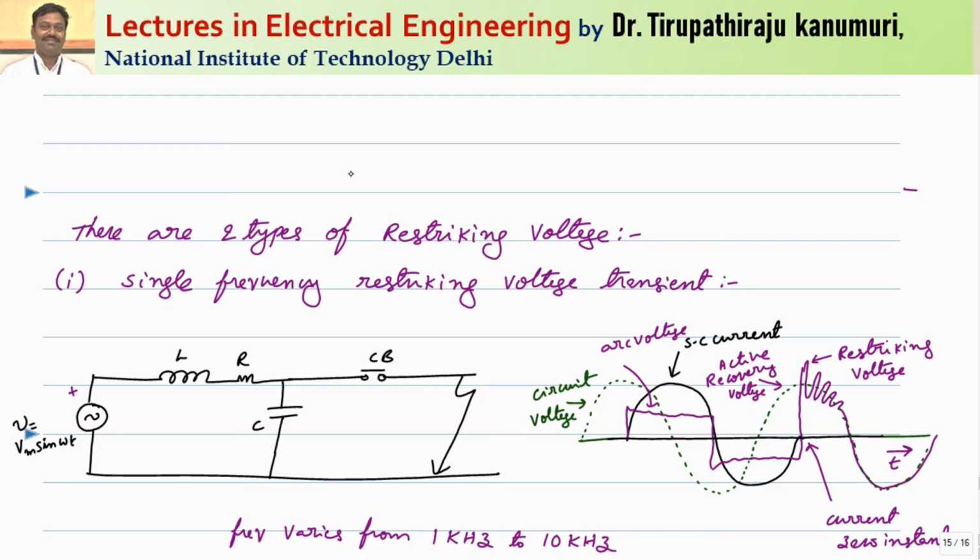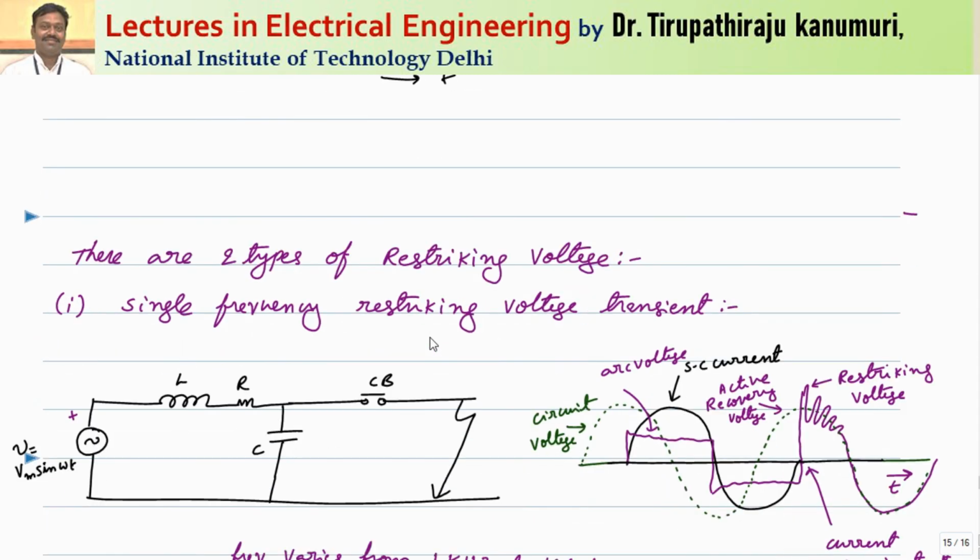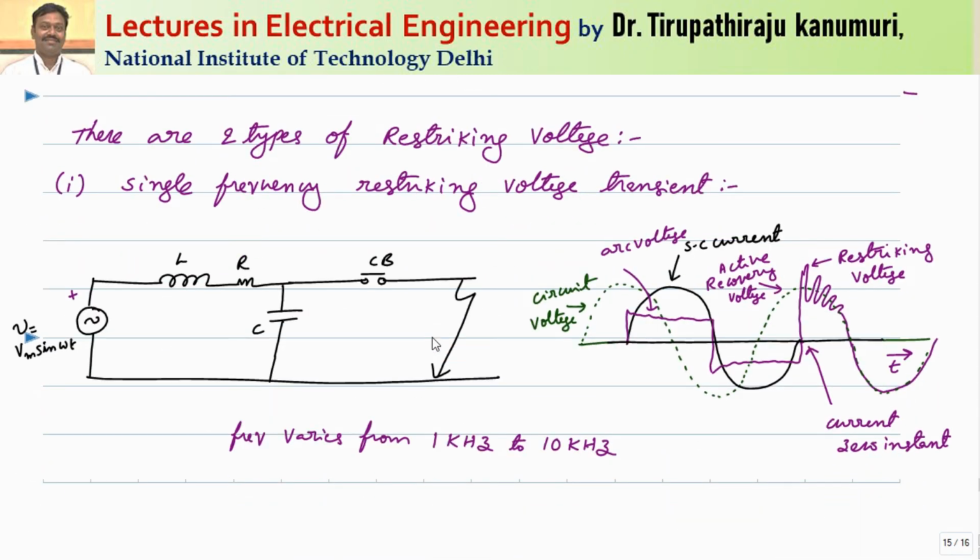Getting it? Here some confusions may be there, because different formulas are coming and different things are coming, how to remember them and how to solve the numericals. To avoid that problem, in the next class I will take 2-3 numericals which will cover the restriking voltage and rate of rise of restriking voltage also, so that your doubts will be completely clarified. In this lecture, my major concern is to complete the concepts.